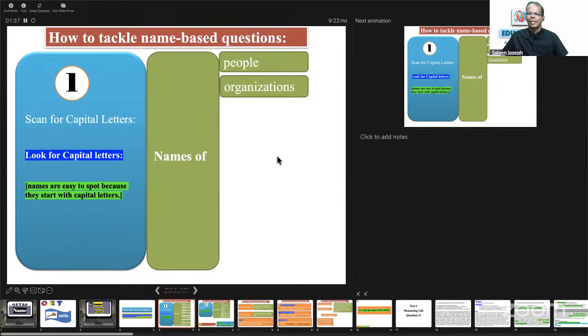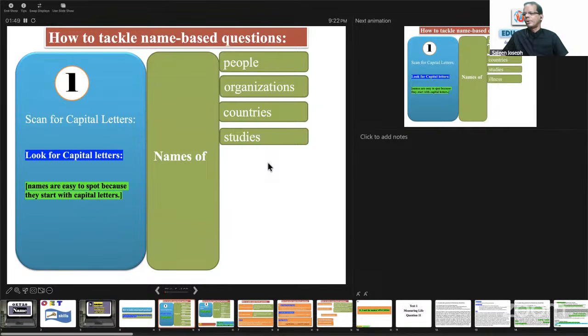Cauter or something of that sort. Organization, Cancer Council of Australia, whatever. Okay? Then countries, Australia, America, some country name in the same way. Studies, some reports or studies. Maybe they mentioned 2 reports. The other day we have seen 2 reports. 2 reports means it is equivalent to a name or the study report. Okay. Then illness, condition. If there is a name of a condition in the question stem,